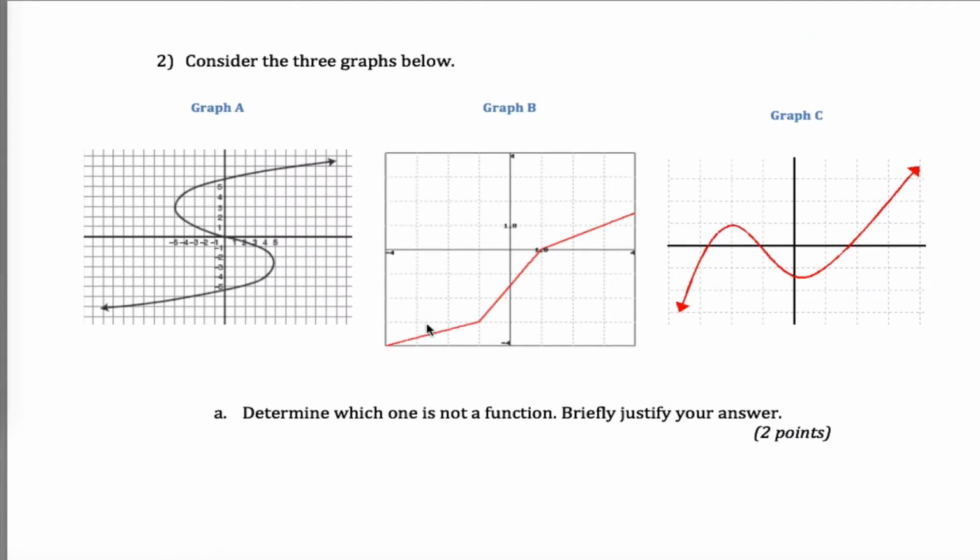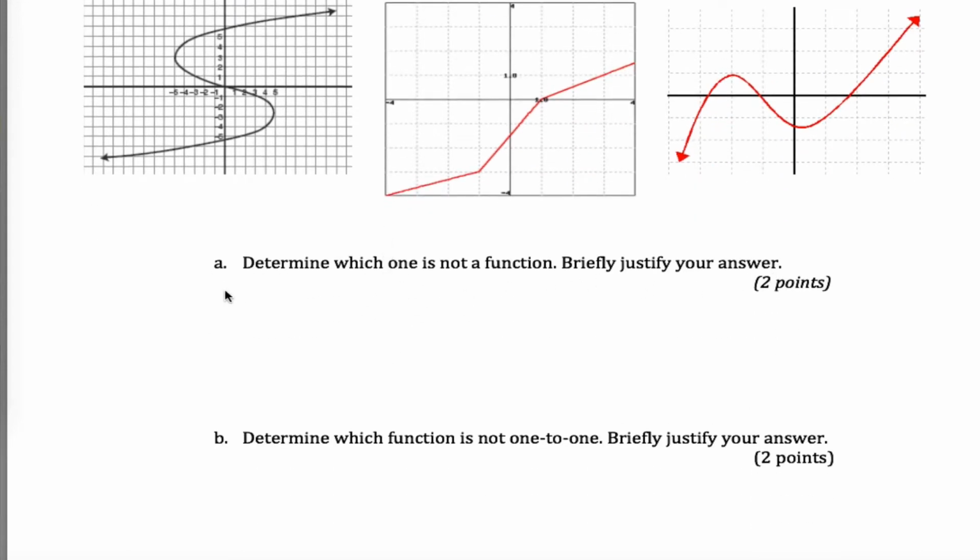You're given 3 graphs. 2 of these 3 graphs are graphs of functions. One of them's not. So how do you determine what graph represents a function? Well, there's this vertical line test. I guess it's probably the easiest way to do it. To be a function, maybe I'll write this. Briefly justify your answer. Either using the vertical line test